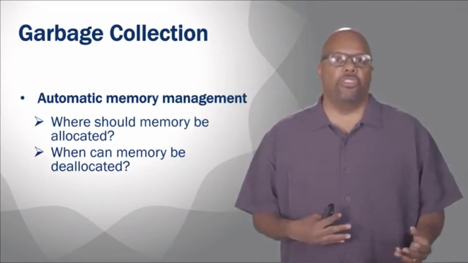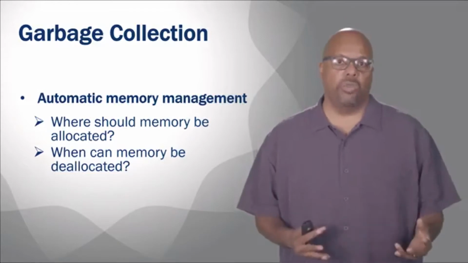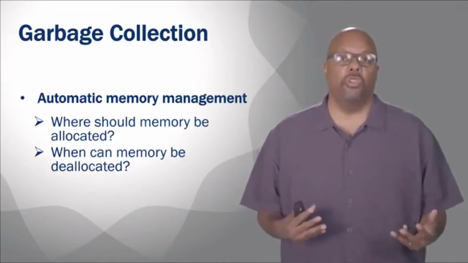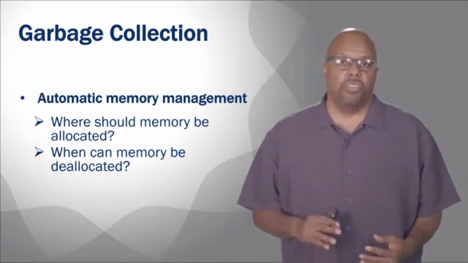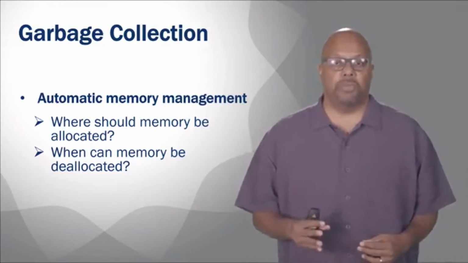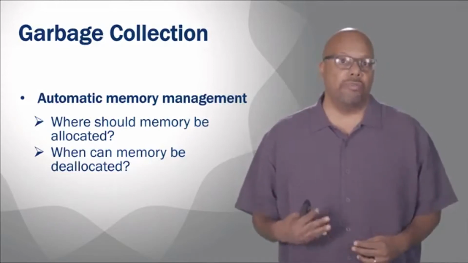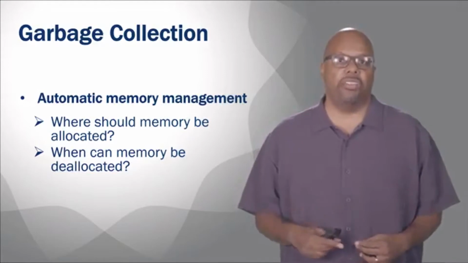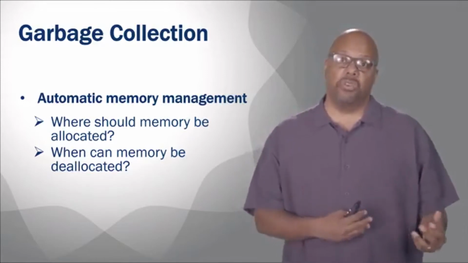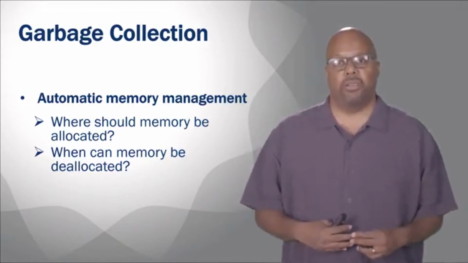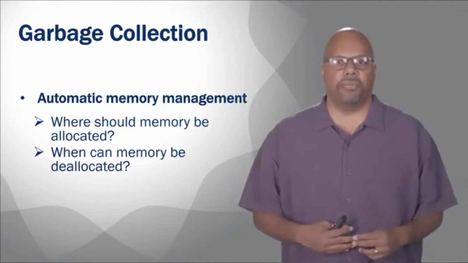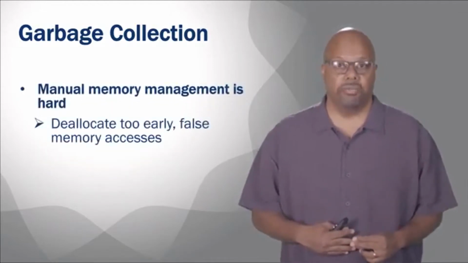But also, when am I done with that memory, right? Because when you're done with the memory, you can get rid of it. You don't have to use it anymore. You can use it for something else. So that's what I mean by memory management. And this happens automatically. The garbage collector can figure that out. It says, it looks like this program is done with variable X. I will free that memory now. And that happens automatically. Manual memory management is hard, okay?